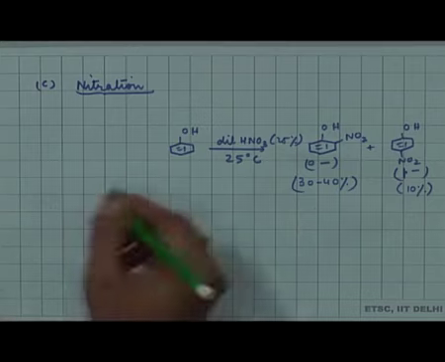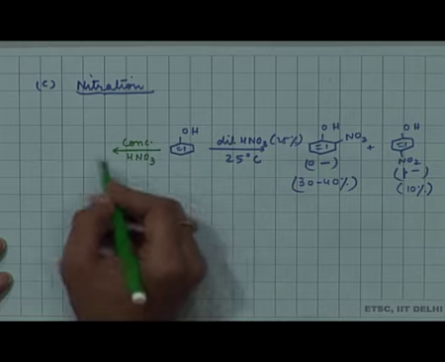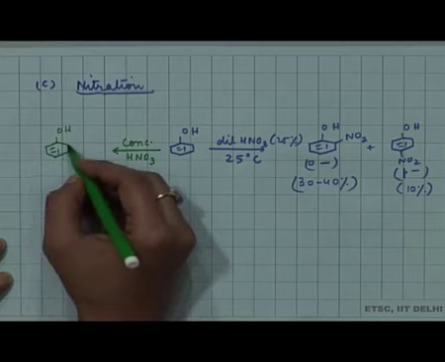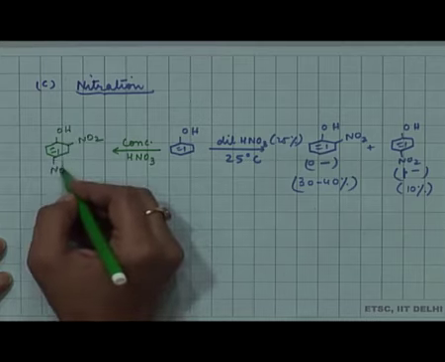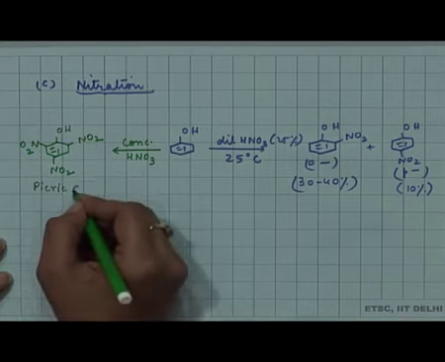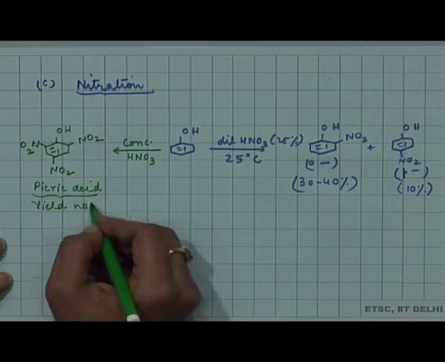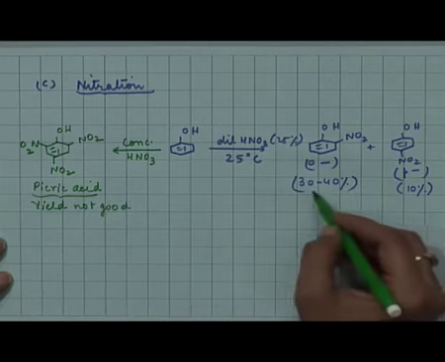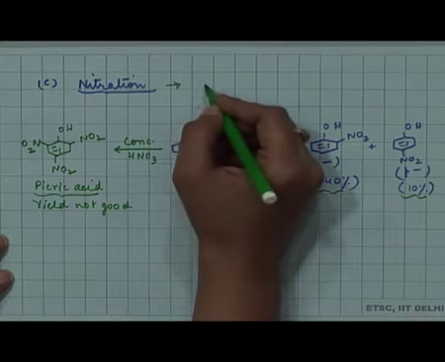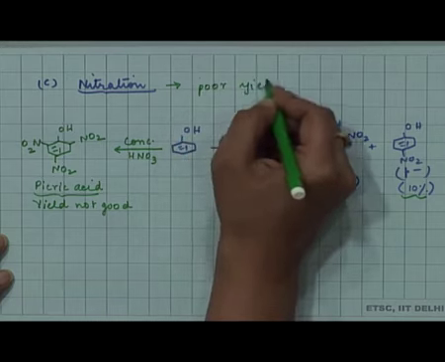The same thing, if you carry out, instead of dilute nitric acid, you use concentrated nitric acid, you get not a mono substituted, but a trinitro substituted phenol, which is called picric acid. But the thing is, the yield in this case is still not good. So, you saw that the yield here also, the percentage conversion, it is a 30 to 40% yield and a 10% yield. So, yields are poor in case of nitration. Okay. So, nitration results in poor yield of products,